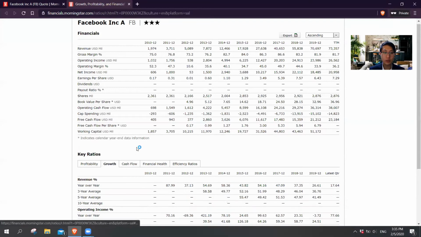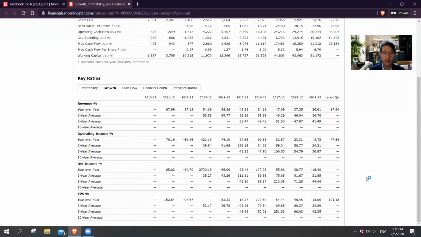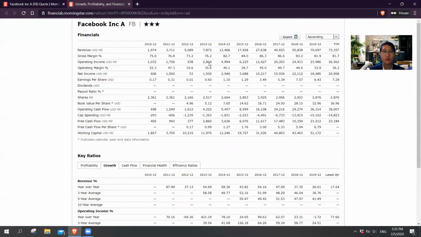Some people like to look at growth to see how it's been growing. Usually I like to see the EPS growth. It seems to be doing quite high. Even though you see a negative, it doesn't mean it's losing money. Sometimes it's negative because last year their growth was too much. Compared to last year's growth, the growth of this year is not as good, which is why it's negative. But as you can see, the recent one is 100% growth. So Facebook is growing insanely right now. Apart from this, what else can we look at?